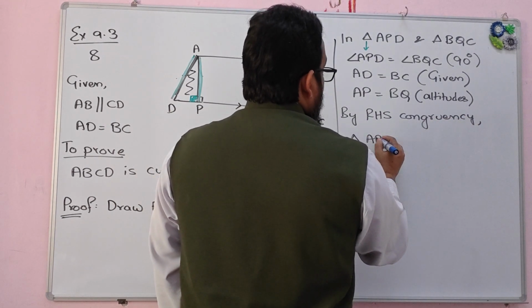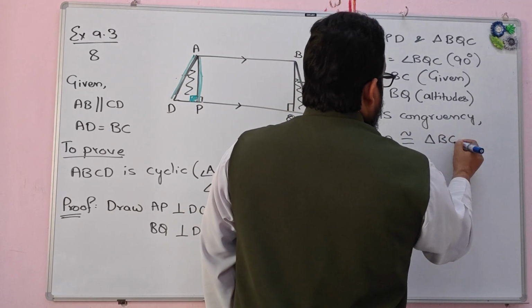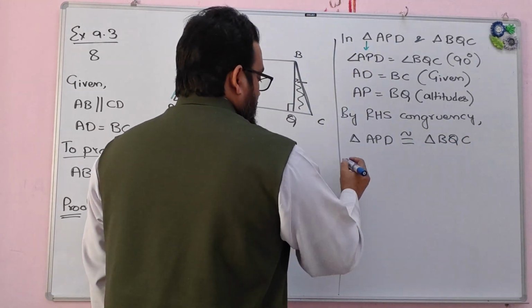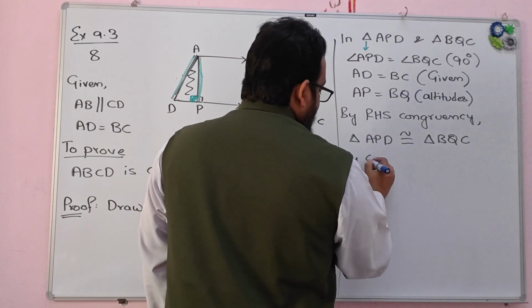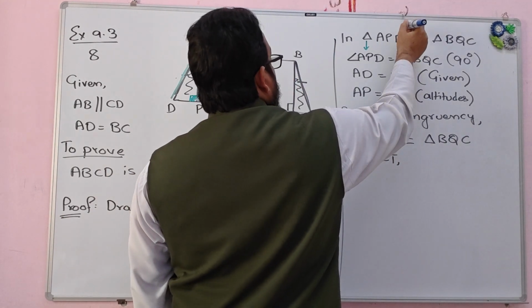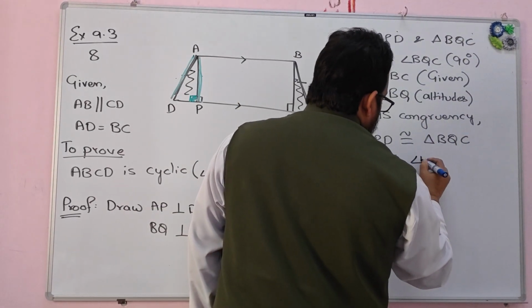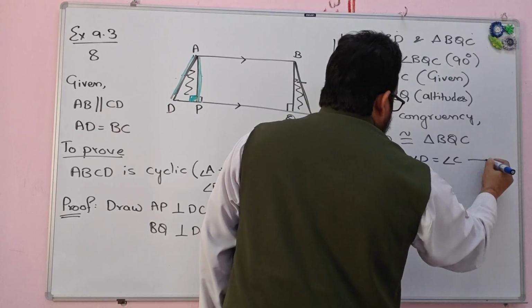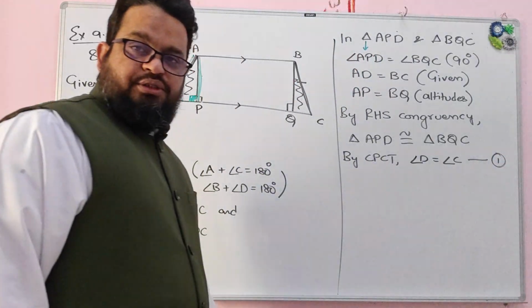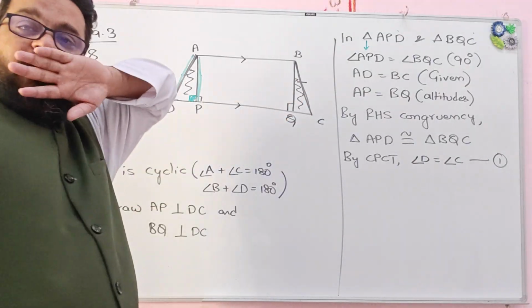triangle APD is congruent to triangle BQC. So by CPCT, can I say that angle D is equal to angle C? By CPCT, angle D is equal to angle C. Let me take it as first equation. Okay, I have proved that these two are equal. Now